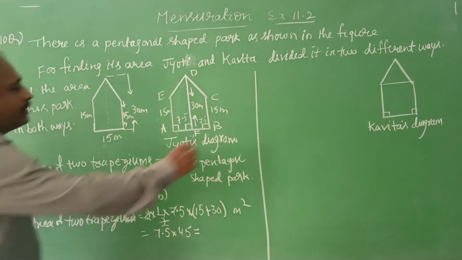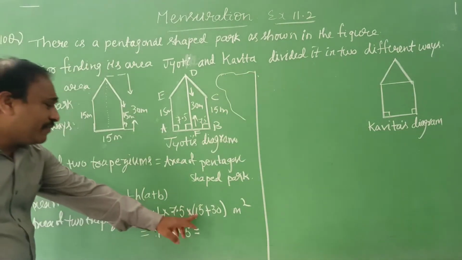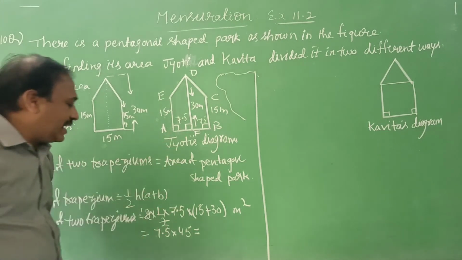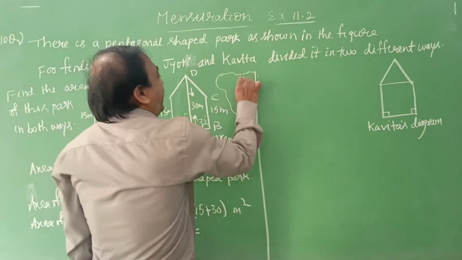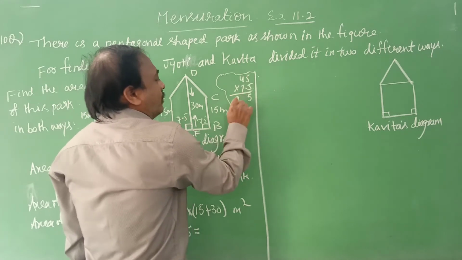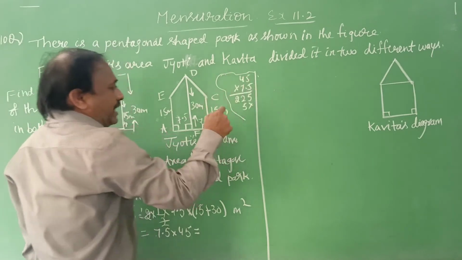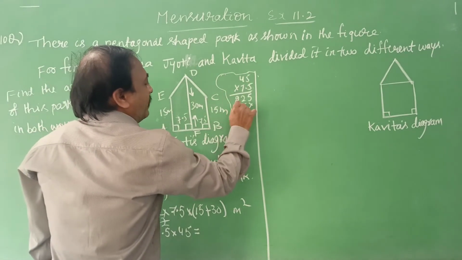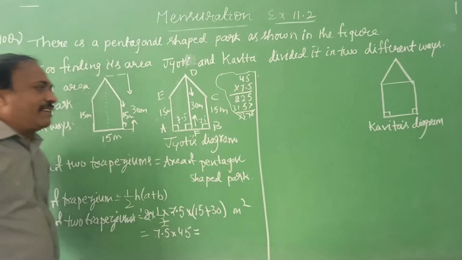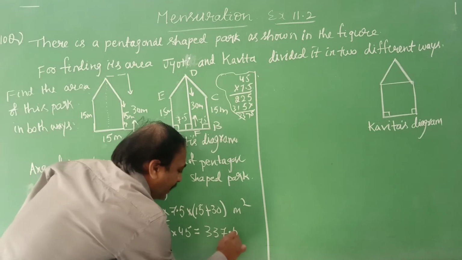Here I am doing the rough work. In this place I am using a rough column for the calculation of 15 plus 30. This is 30 and this is 15. 45 into 7.5 is the height, altitude. So 45 into 7.5. 5 5s are 25. 5 4s are 20, 22. Next, 7 5s are 35, 3 remains. 7 4s are 28 plus 3, 31. 5, 7, 3, 3 and put a point. 337.5 meter square.